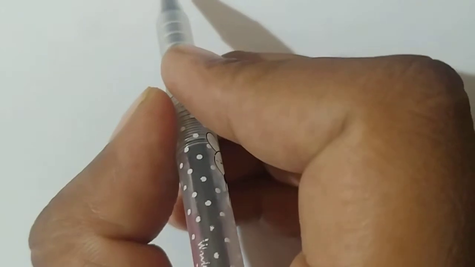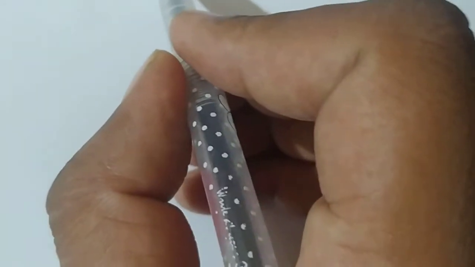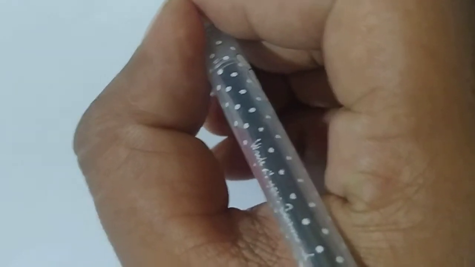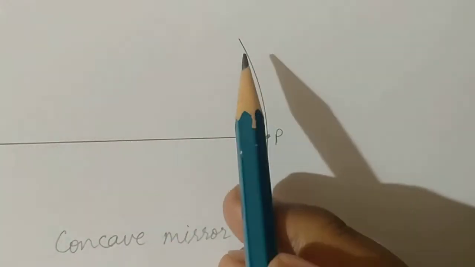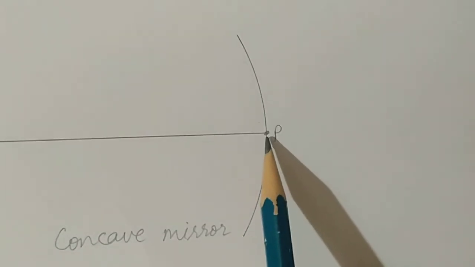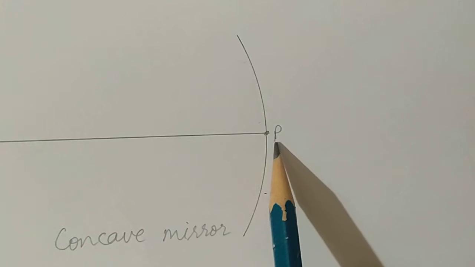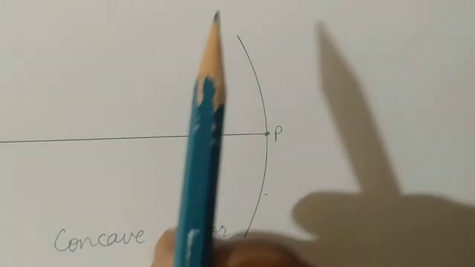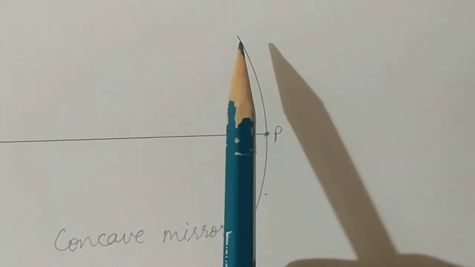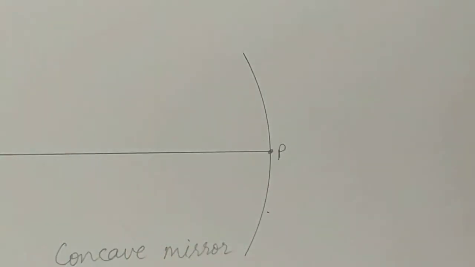Okay, students, so we'll see one thing. Let's just assume first we are making an inward shape. As you can see, I have drawn one concave mirror, and the center point is called the pole, which is represented by P. Now you can notice one thing, children: what if I finish off this full shape? You can see it forms a circle.